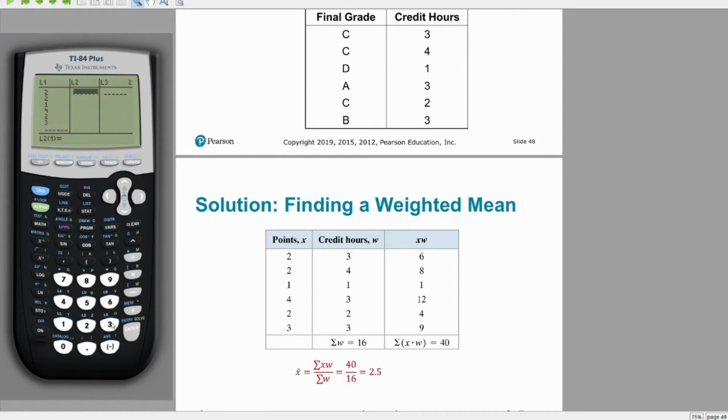This is the credit hours. So we put in a 3, a 4, a 1, a 3, a 2, and a 3, where these values have to come together. They have to sit with each other, as it were, because they're each corresponding to specific classes. Once we have all of these, then we're going to hit stat again, go into calc, one variable stats,